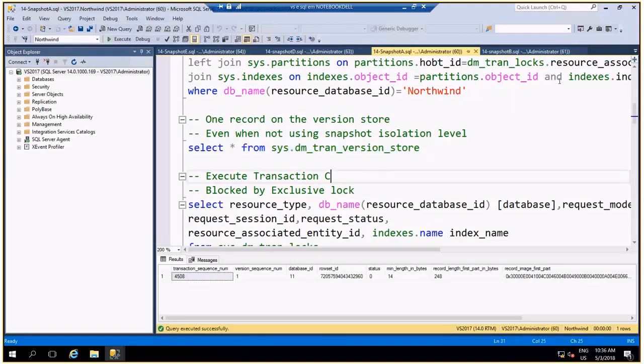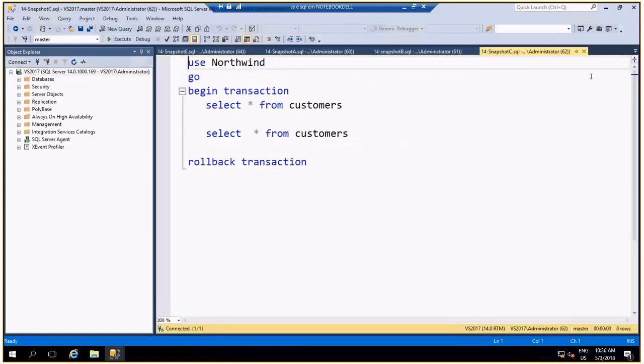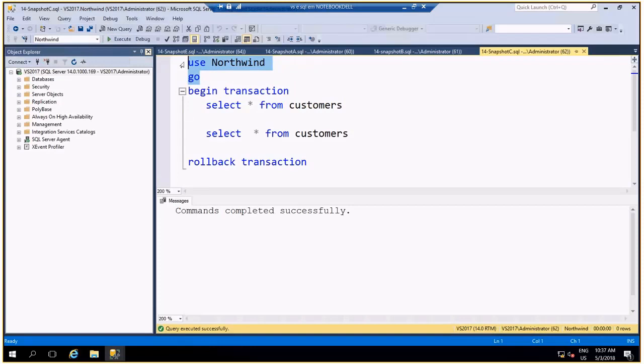Now I will move to script C and try to select customers. Once again, this transaction is not using snapshot isolation. It's a read committed isolation level.